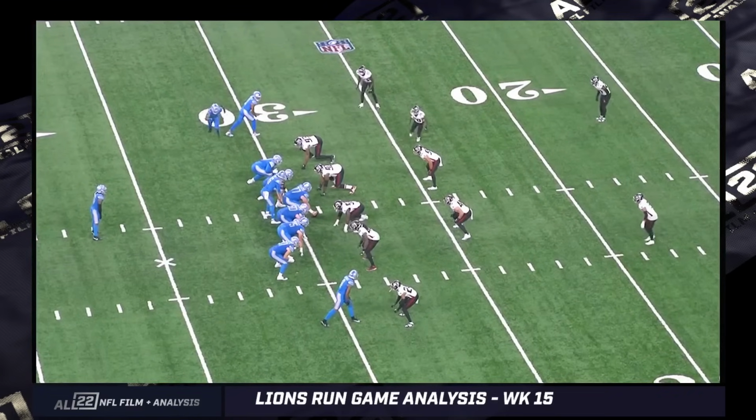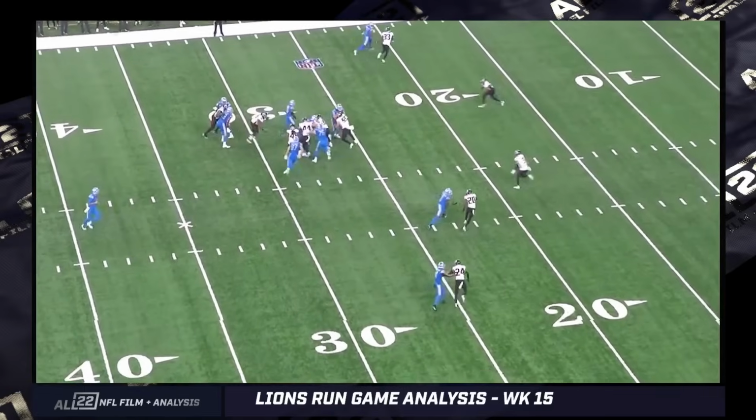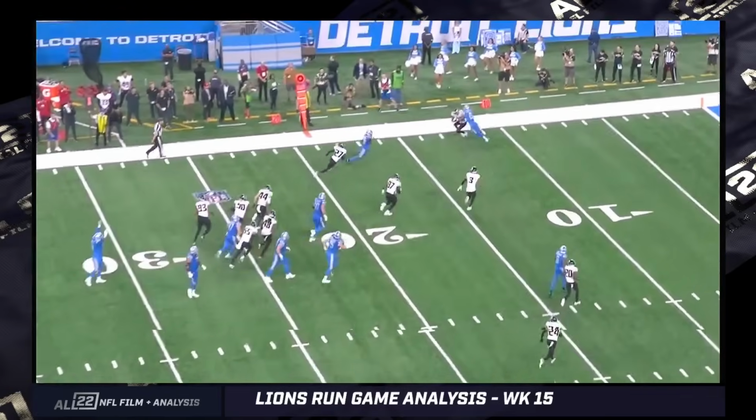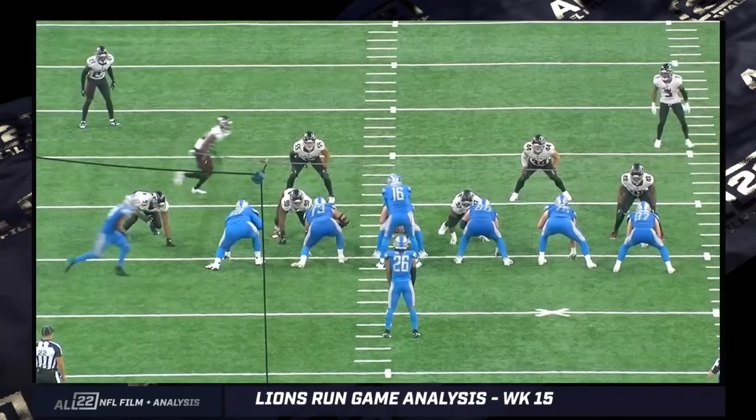11 personnel against the Falcons, I think week 3. Against the grain of the motion. A Gibbs for 21 yards. Now, I picked this play intentionally, to be honest with you, because Ben Johnson actually runs this to the field